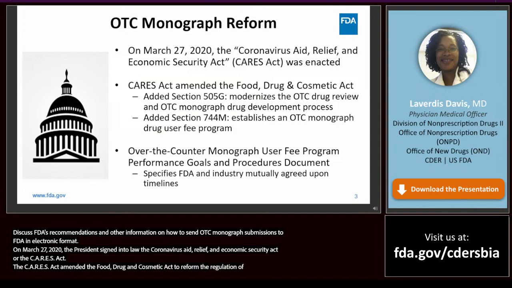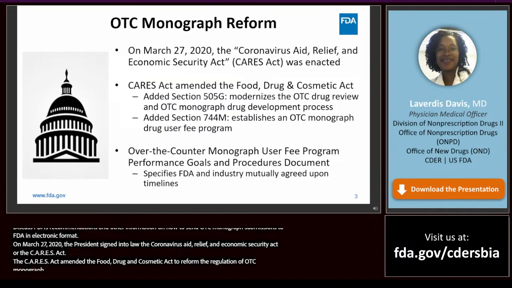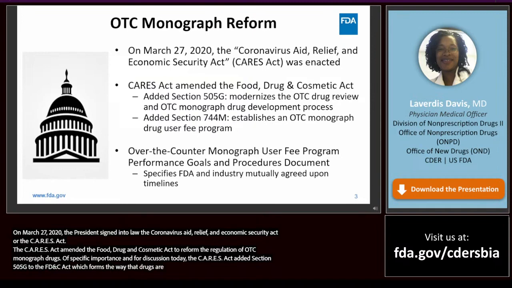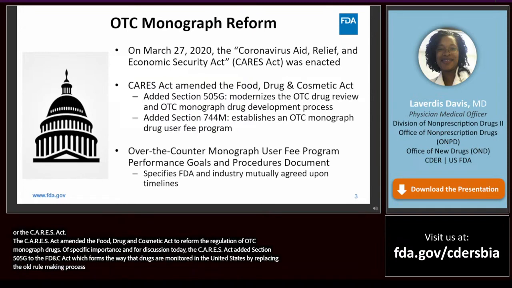Of specific importance and for discussion today, the CARES Act adds Section 505G to the FD&C Act, which reforms and modernizes the way OTC monograph drugs are regulated in the United States by replacing the old rulemaking process with a less time-consuming, less burdensome administrative order process for establishing, revising, and amending OTC monographs.